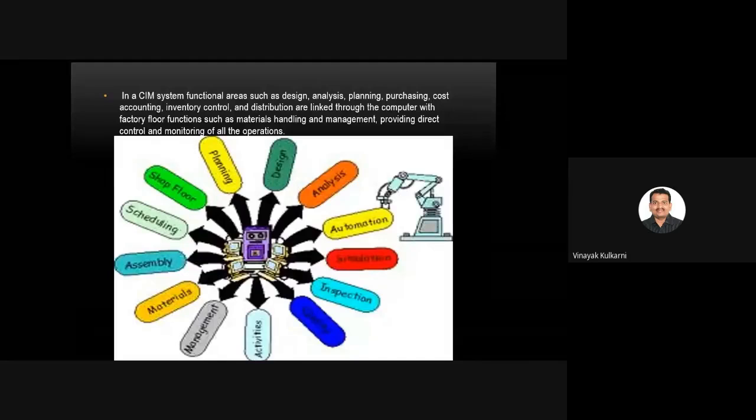It will show me that so many parts are available, and when I take it out, I just scan it, and it will keep subtracting on the software, and it will say that I have only so many materials left. Otherwise, if it was manual, every time he has to count how many are there, or he has to write and make the calculation. So with the integration of computers, everything has been made easy.